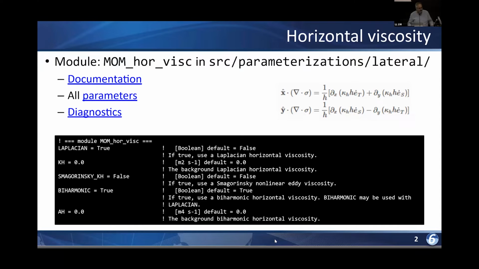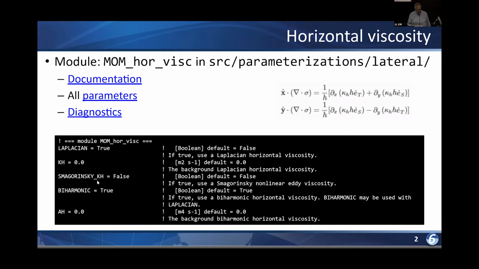So I'm going to get started with the horizontal viscosity. And the idea of these slides is I'm going to just basically name a process, briefly mention what it is, if at all. And there are links, and these slides will be available by Wednesday, linked to from the MOM6 examples wiki. And these links will actually take you to things. So for example, the horizontal viscosity is controlled by a module called MOM_hor_visc. And it has some key parameters in the